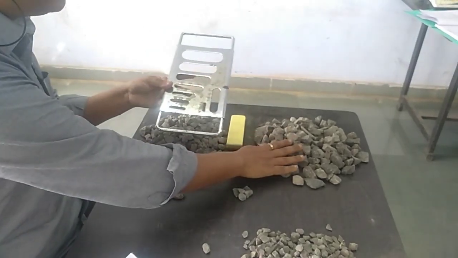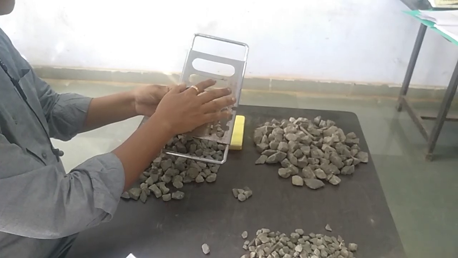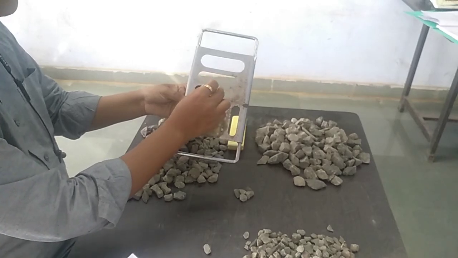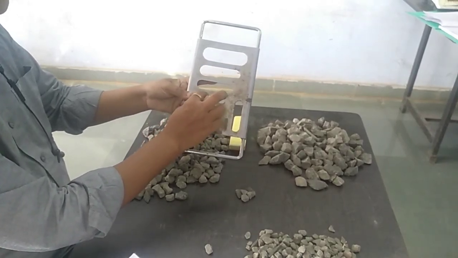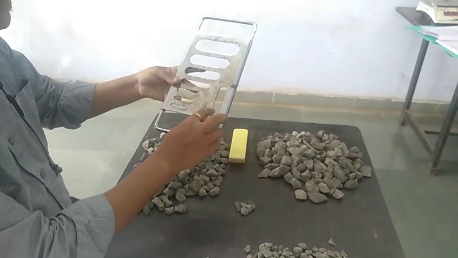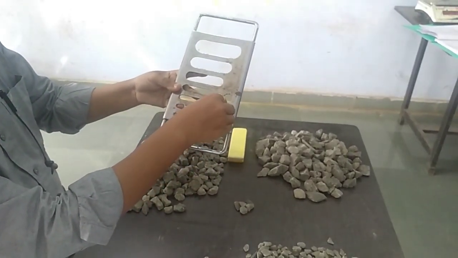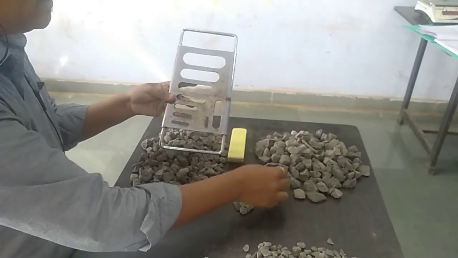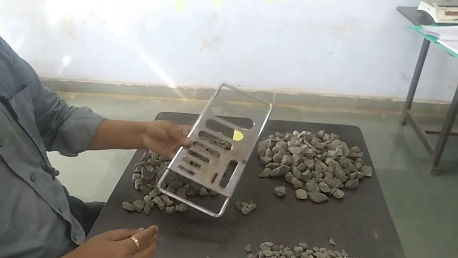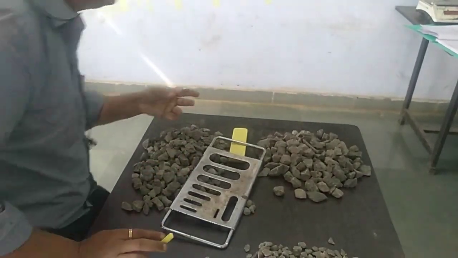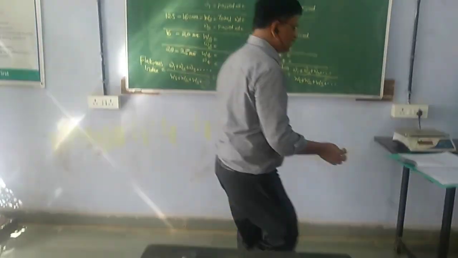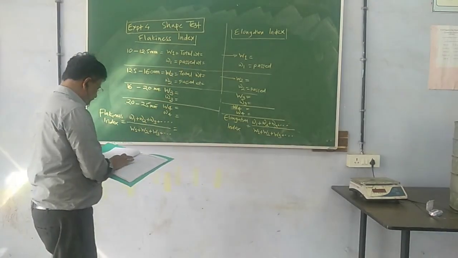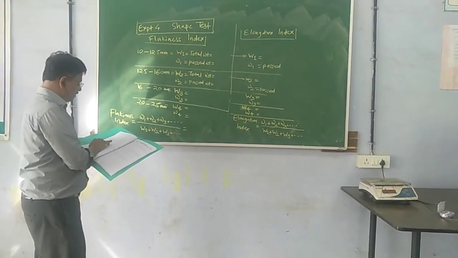For the next category of stones, which is the 20 to 25 mm sieve size, I will again pass the particles through the particular slot. Here it is 25 to 31. If a particle is able to pass, that weight will be small w4, and the whole weight of the particles will be capital W4. Now I have some sample readings for you. Let us go through the readings, starting with all the particles for the first category, which is 10 to 12.5 mm.